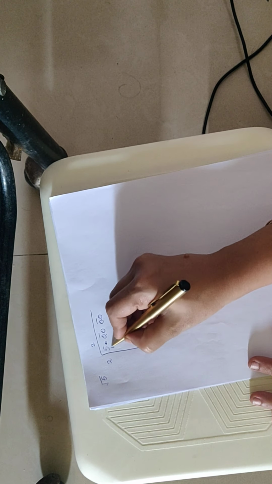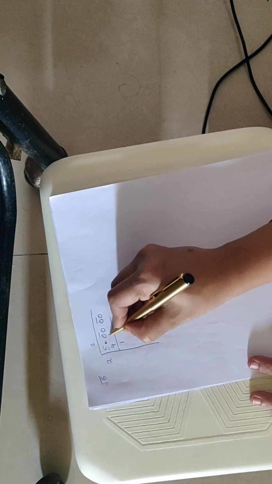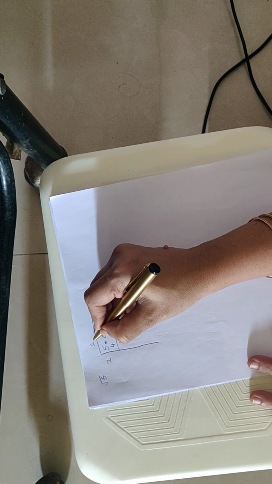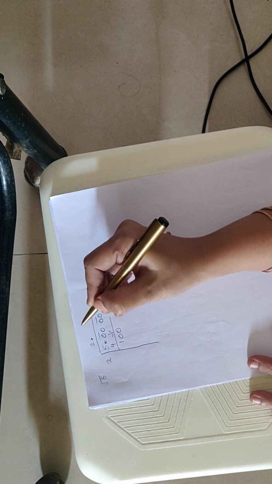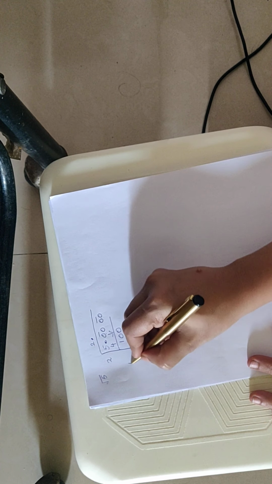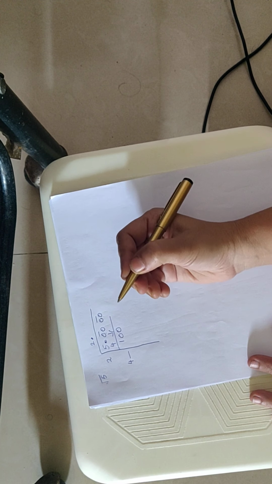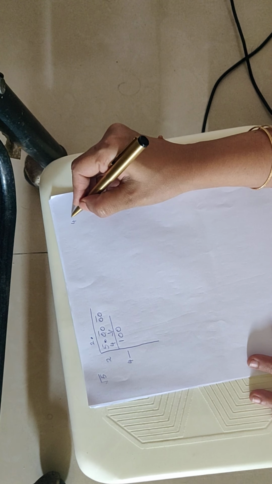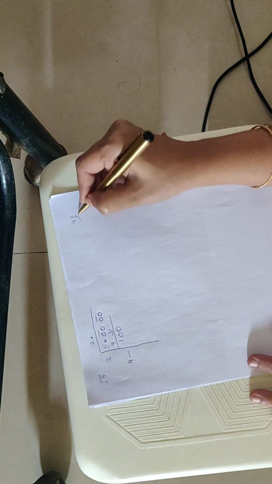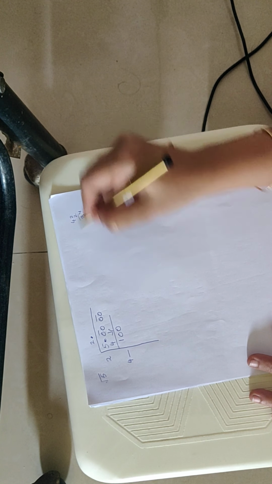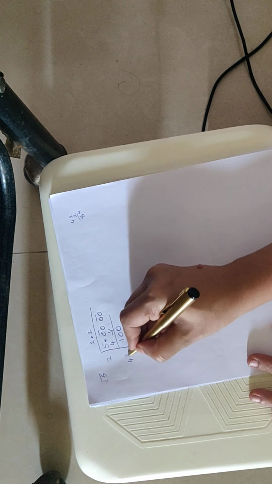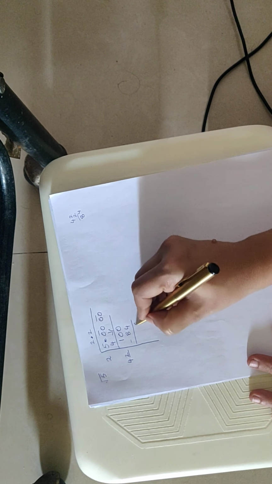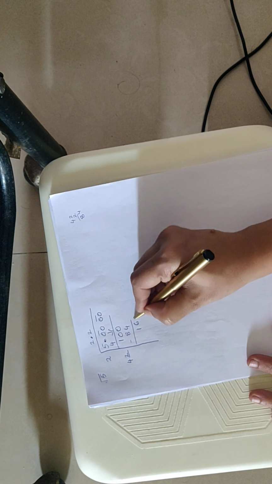So 2 2s are 4, 1. Both pairs will come down. Since we are getting the digits after the decimal place, we'll place a decimal here. 2, 4 times. Again bracket. Let us check which will be the perfect square. 42 2 times. 2 2s are 4, 2 4s are 8. So 2 times. Here also 2. 84. 10 minus 4, 6. 9 minus 8, 1.